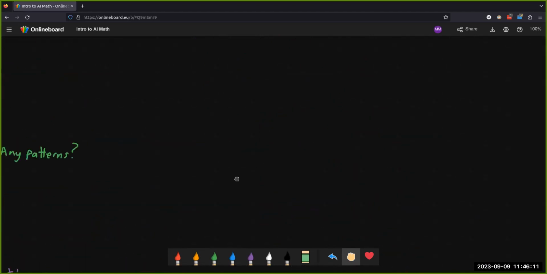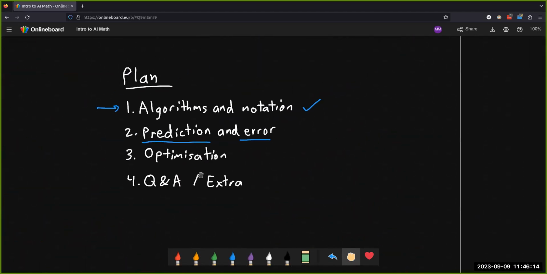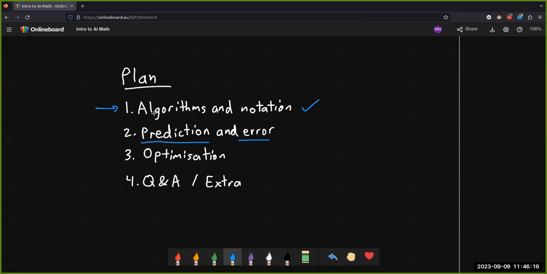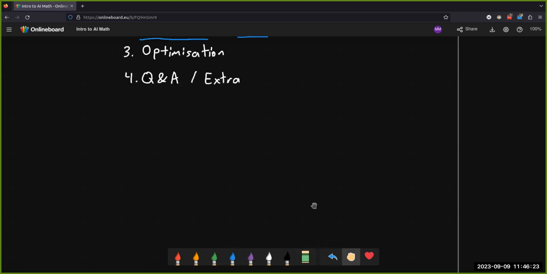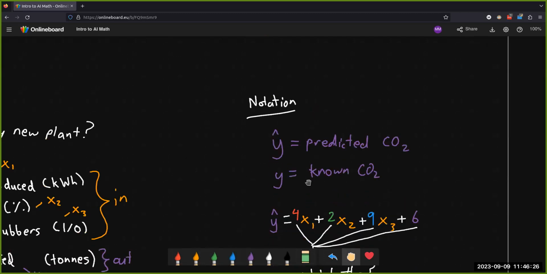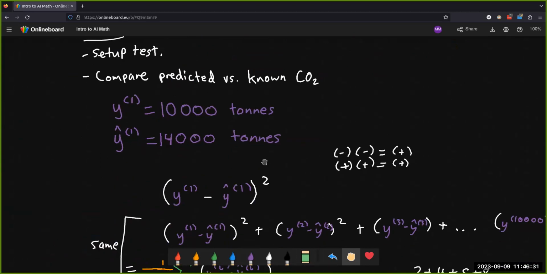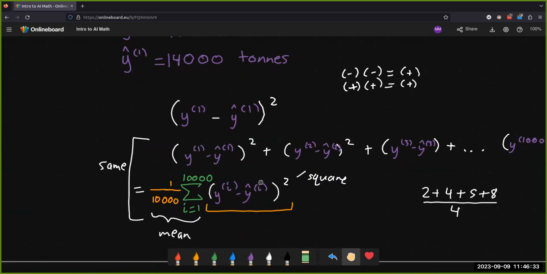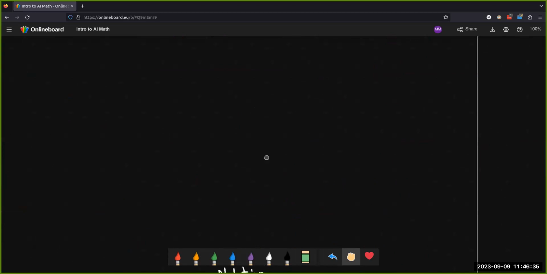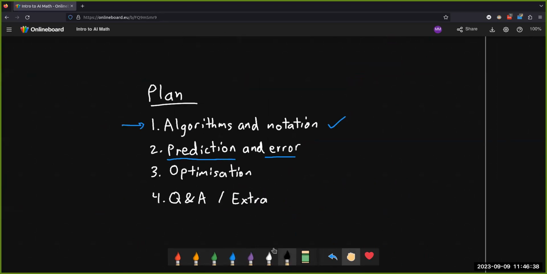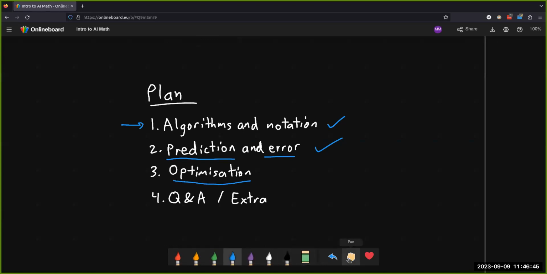So now we're almost done. We figured out the kinds of algorithms that exist in AI. I showed you how they generate predictions. They just generate equations like these. And we can check if the equations generated are good or bad with this error function. So now we just have one last piece of the puzzle, which is actually the most important piece. How does the AI algorithm optimize these parameters?